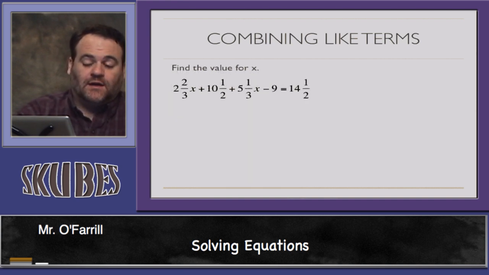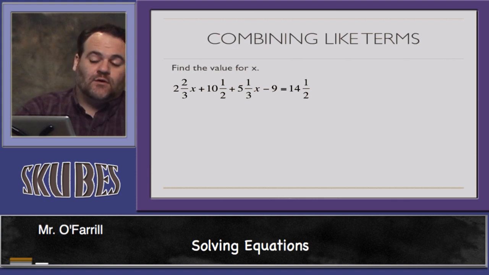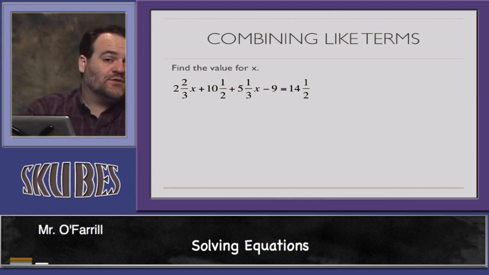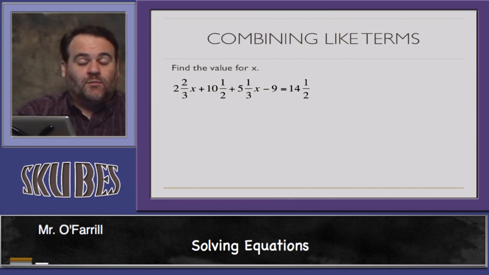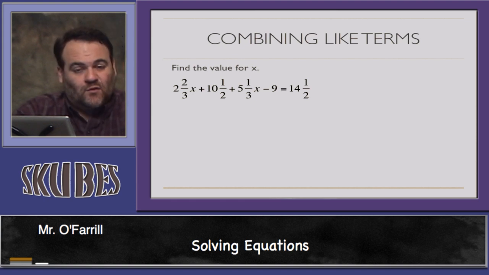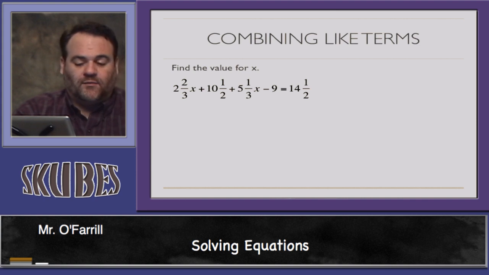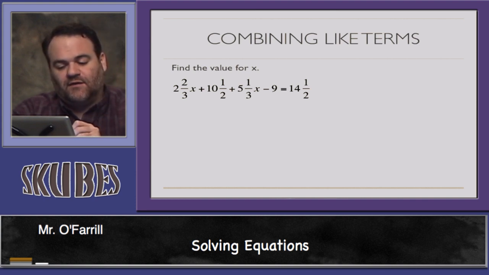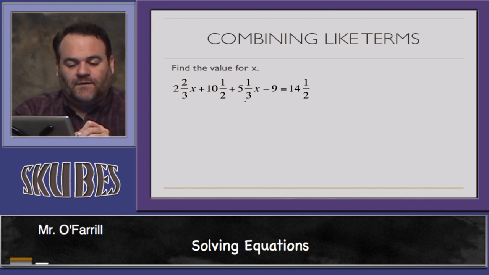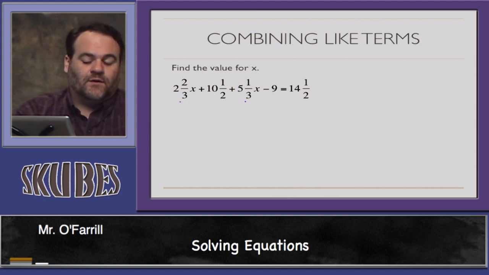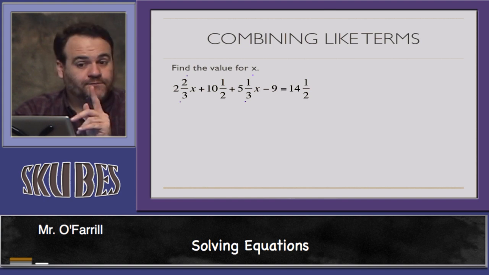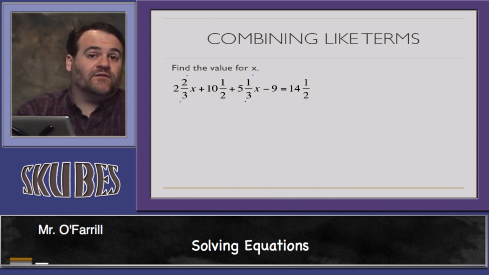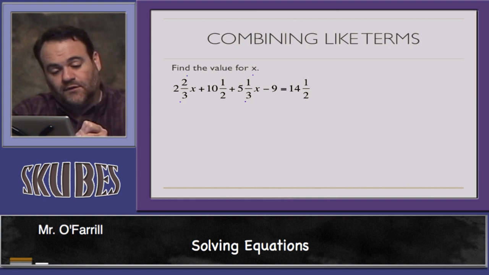Now this slide has an equation where we're going to involve some fractions, but we're still just going to combine like terms. If you want to convert them into improper fractions right away, you can, or just leave it alone for now. It's up to you. But for the x's, we have 5 and 1/3 x, 2 and 2/3 x. Well, 2/3 plus 1/3 is 1, and 2 plus 5 is 7. 7 and 1 will give us